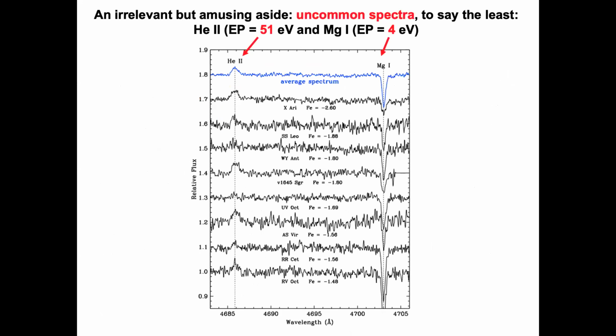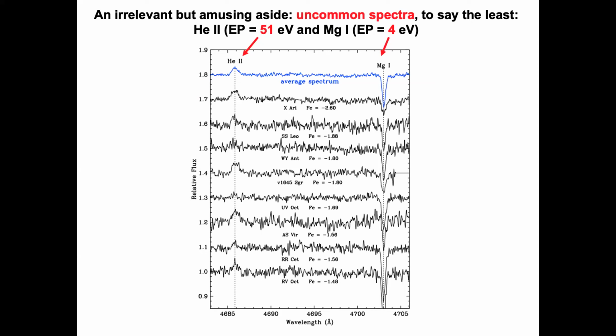Chris Sneden was kind enough to make an average spectrum of the 4686 region in 8 RRab stars, metal-poor. They're arranged in order of increasing metal abundance, Fe over H, starting at -2.8 and going to -1.5. And you see this average spectrum shows beyond doubt that the